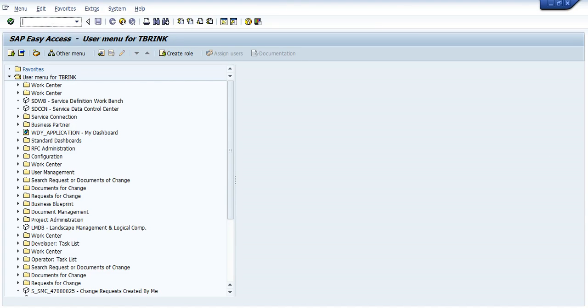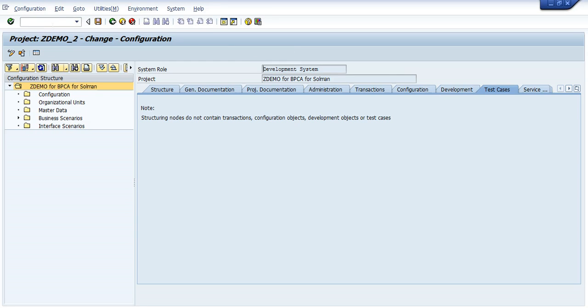In this demo number 3, we are going to go to solar02. Here we can see the project that we're currently working on is ZDemo2. The system role that's currently in use is the development system. And we're going to continue, so I'm going to go down on the hierarchy for business scenarios, the technical scenario